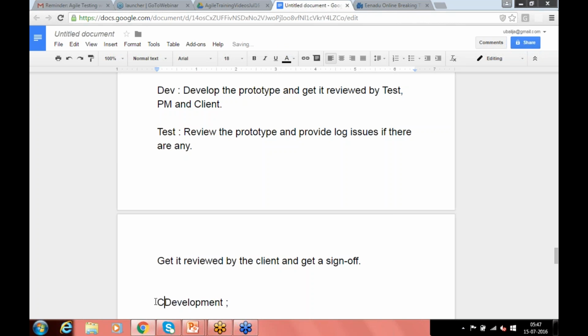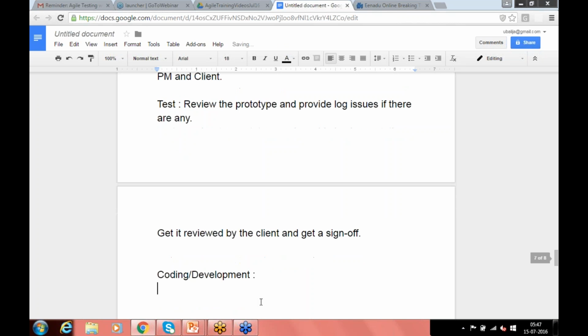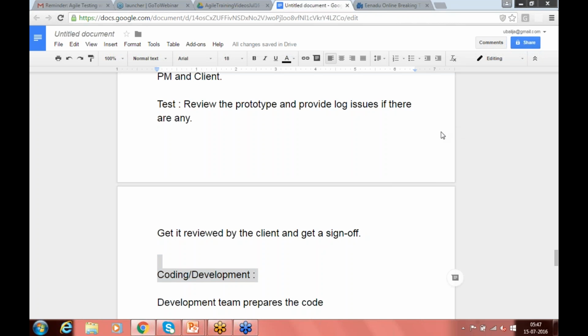So I'll treat this phase as coding or development. What will happen typically here is the development team prepares the code. Any other idea what they do? They just prepare the code, or do they do anything else? Yeah, they prepare the code,